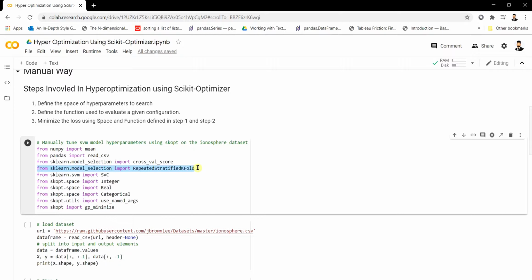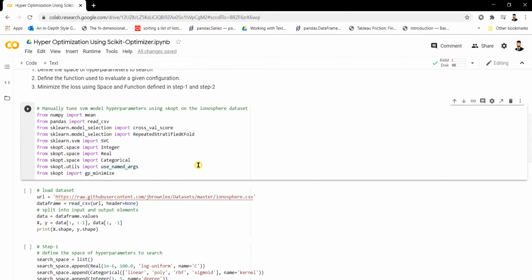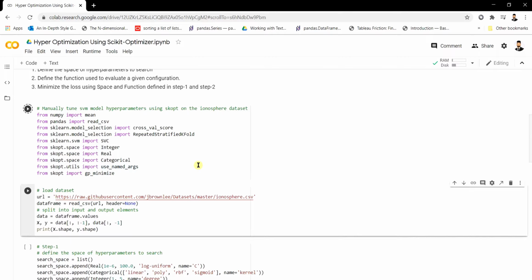And from sklearn, we're going to use SVC, which is our main model. We're going to import Integer, Real, Categorical and use_named_args from the skopt library. And finally we're going to import the gp_minimize function from the skopt library. These are the functions we're going to use in our tutorial. So first let's import it.